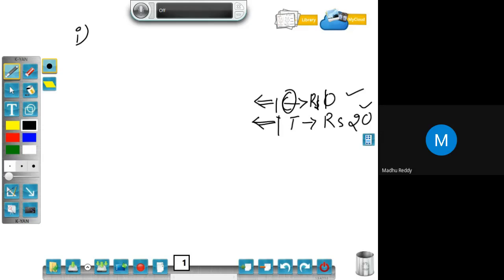That is the reason we identify the decision variables. This company is going to get a profit. On one chair I will get 10 rupees of profit, but I don't know the number of chairs. If I know the number of chairs, I can get the total profit on chairs. Isn't it?